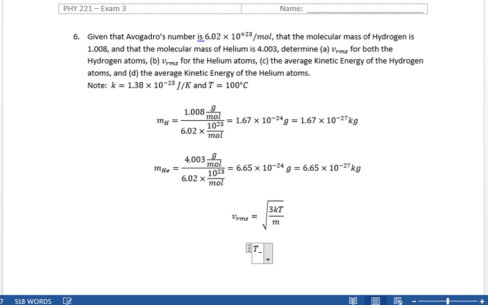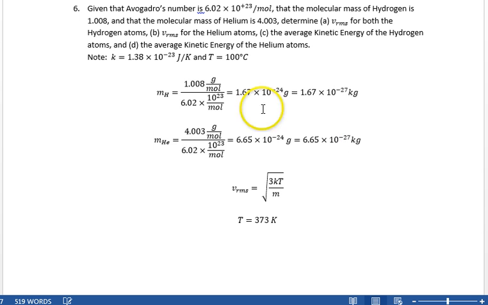So the temperature we need is not 100 degrees C, but 373 Kelvin. And we have the Boltzmann constant, and we have the mass in kilograms. The reason we need the mass in kilograms is because the Boltzmann constant has joules,